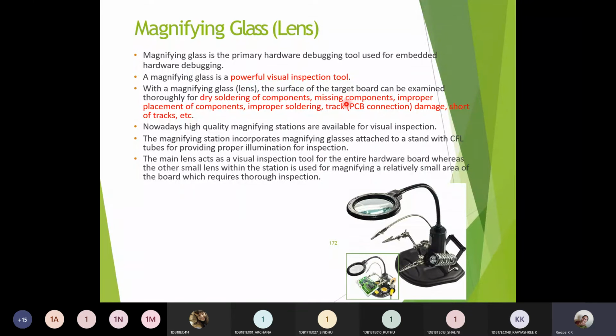If any component is missing, or misplaced in another place instead of the right place, or if the soldering is not proper, or if any damage is there on the board, all those things you can keep track of if you are using this magnifying glass, because each and every part of the PCB board can be viewed in a much more visual representation. So this is about the magnifying glass.